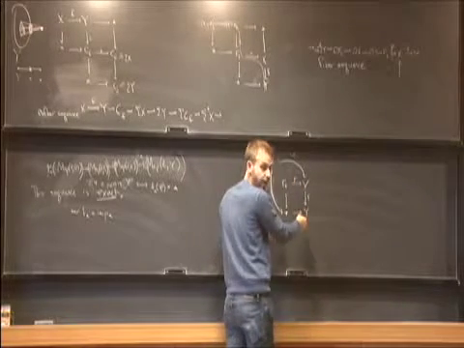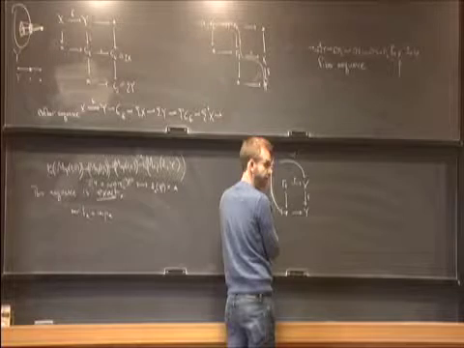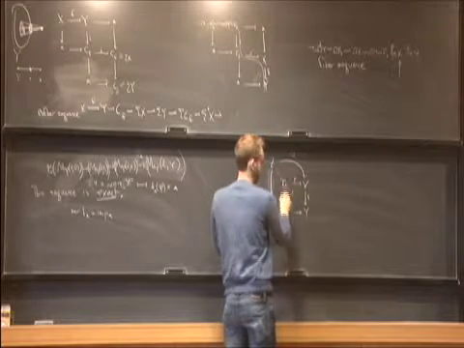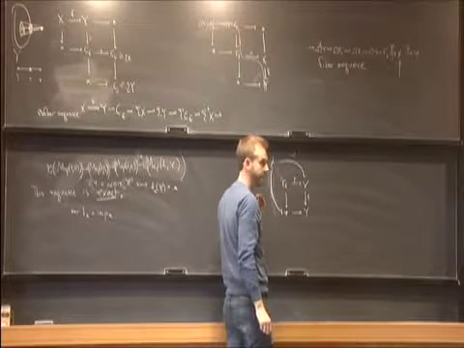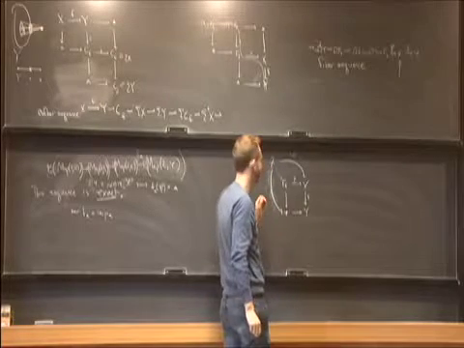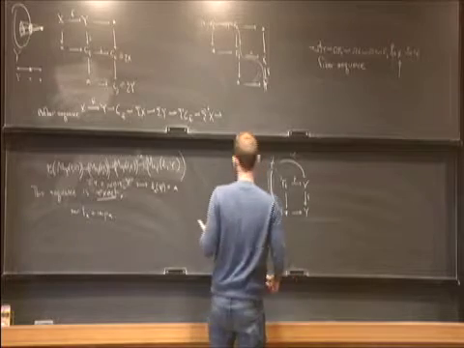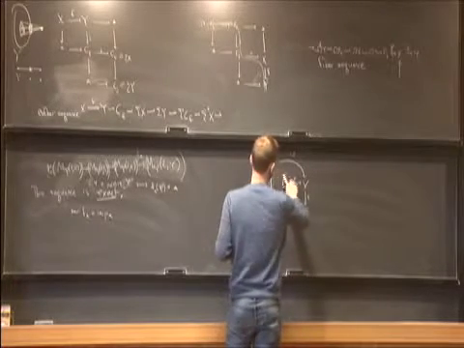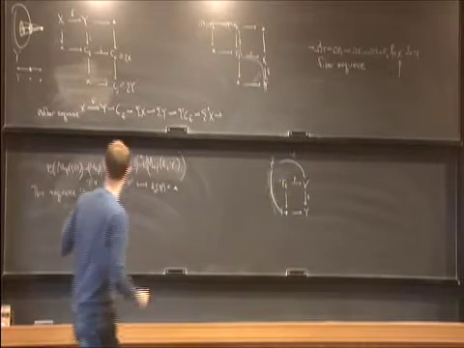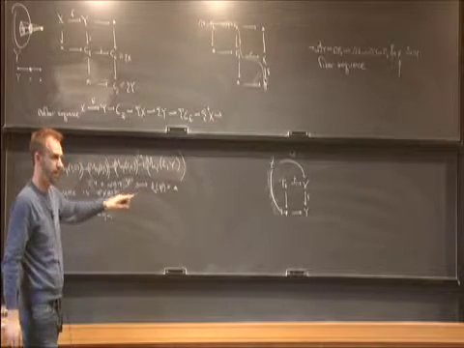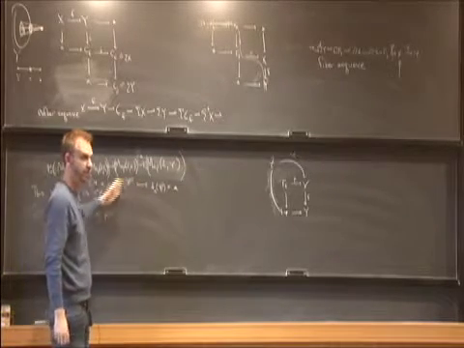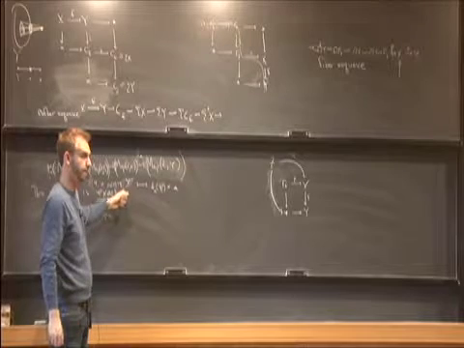So if it's null, I can complete this diagram like this, and then I get a map like this by the universal property of the pushout. Not unique, right? Okay. And conversely, I claim it's just exactly the universal property of that pushout diagram, which states that this is exact in this spot right here.